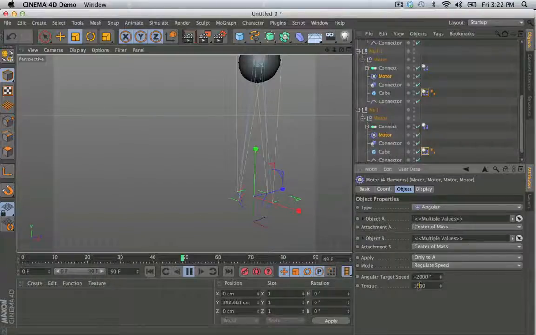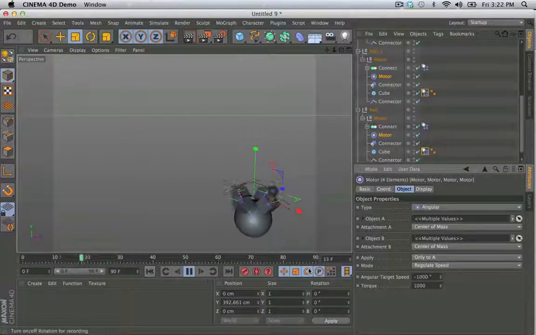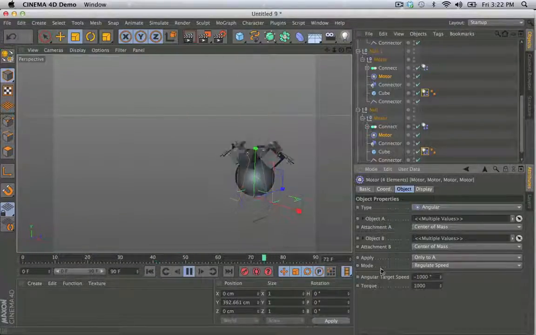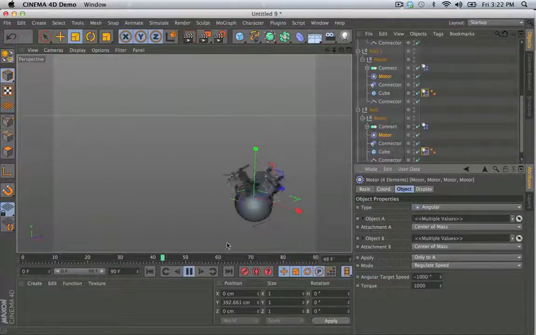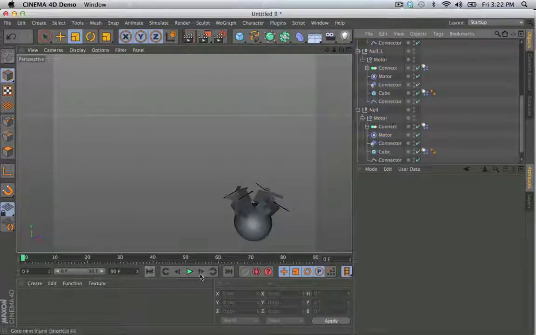And now it's a little too powerful because the cubes are lighter. So let's see what we got. Oh, that's still good. Spinning really fast. Oh wow, this has made it a lot lighter. There we go. So this is starting to be pretty good, and I like that a lot. That looks adorable. So now we've got our adorable little flying sphere being picked up by these motors. Now I have no idea how well this is going to work, but why don't we play around with this other setting,